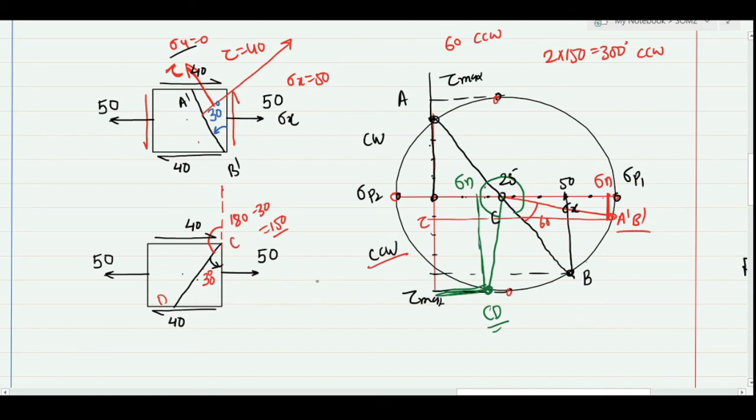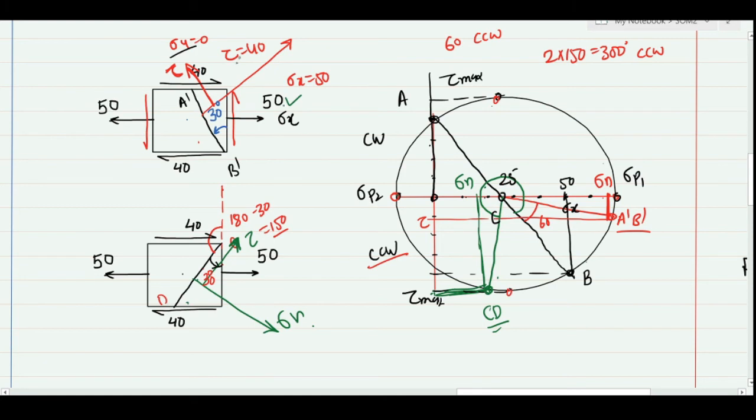This is also coming positive, so the normal stress will be in this direction, but the shear is coming out counterclockwise, so I know that counterclockwise will be in this way. So this is my shear stress and normal stress on an oblique plane, but the principal stresses and the maximum shear stress will remain the same because this is the Mohr circle for this problem, which is 50 and only